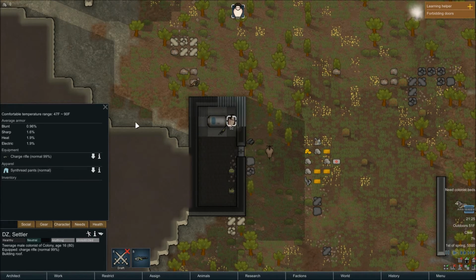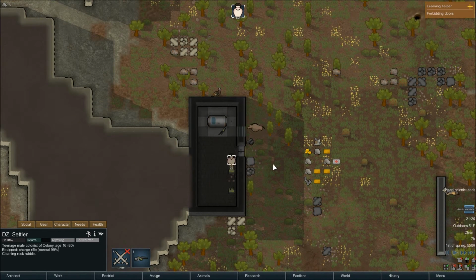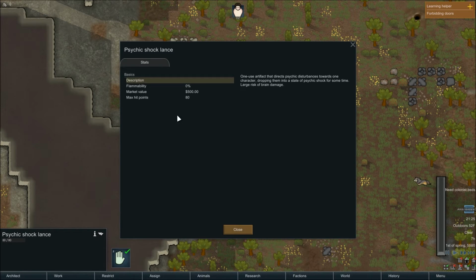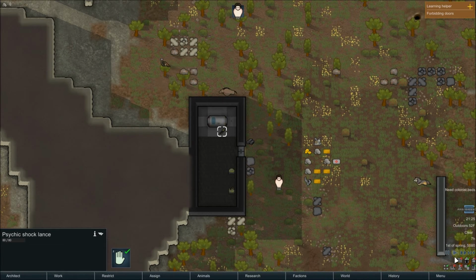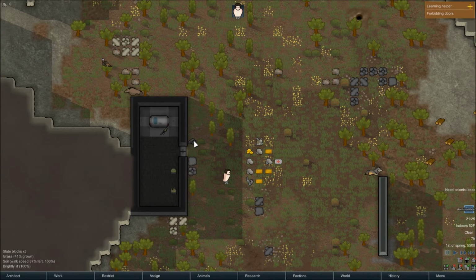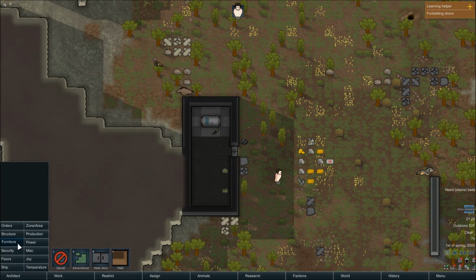I only have pants. I don't have a shirt. Alright, well, it says activate. I deeply worry about this. What is the Psychic Shock Lance? One use artifact that directs psychic disturbances toward one character. Okay, we don't need that. I can use it to knock out somebody. As far as I could tell, I didn't wake up anything horrible, and I really need to use this room